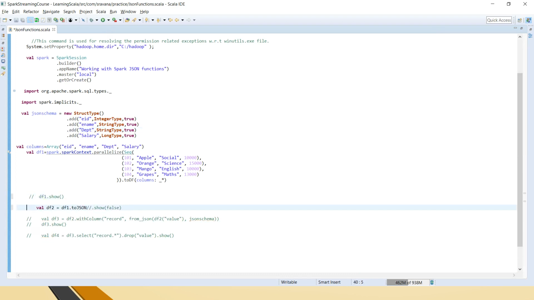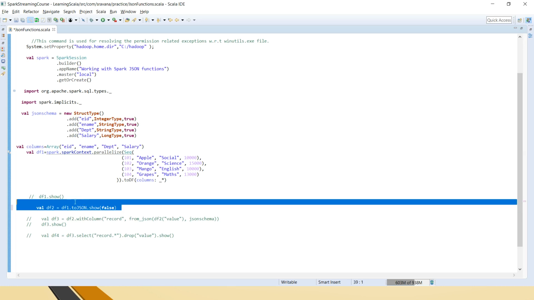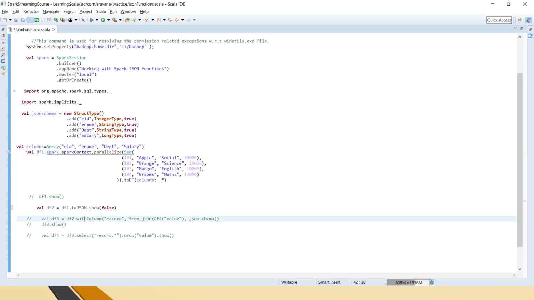Now we will see how to convert that to a JSON format. I am taking this data frame, and there is an inbuilt function called toJSON. In earlier versions you might find this as to_JSON as well, and for that you need to pass the columns as the input.